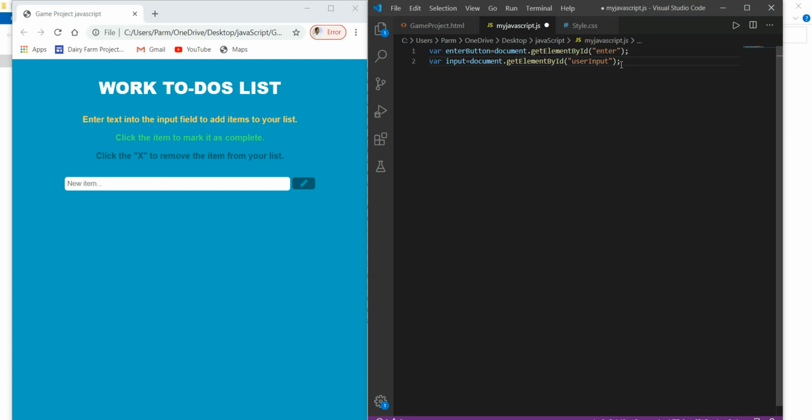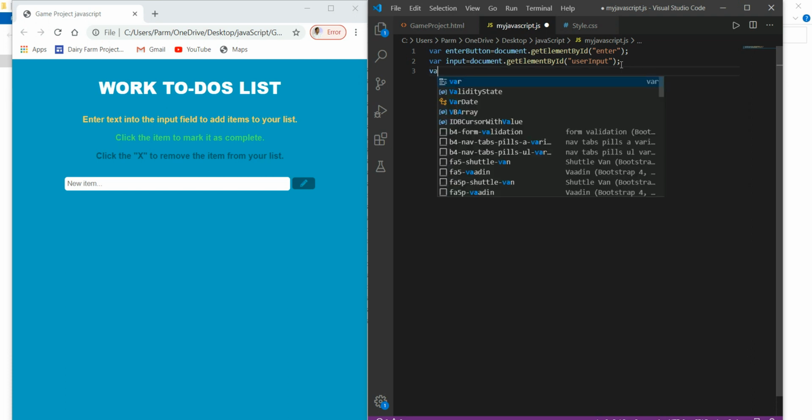Now we create another. Now we have to do more things over there. We have to create the unordered list. What is an unordered list? That you already know in HTML. In order to create an unordered list, we need two elements, a UL element and a list element. So here we are going to create these two variables for this purpose.